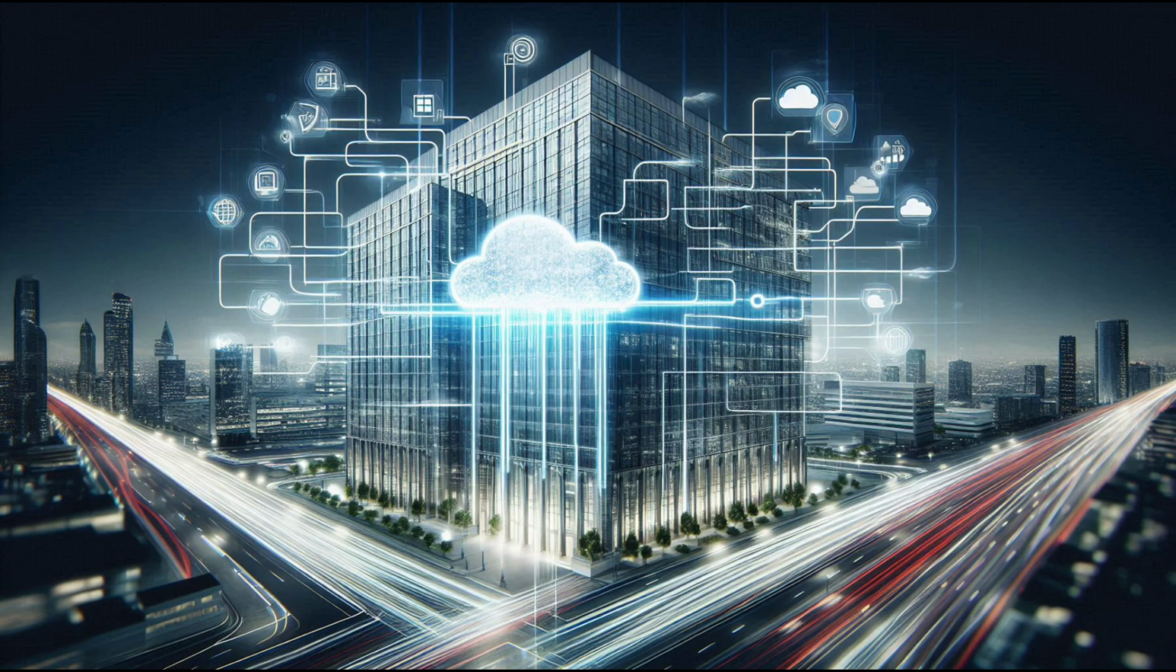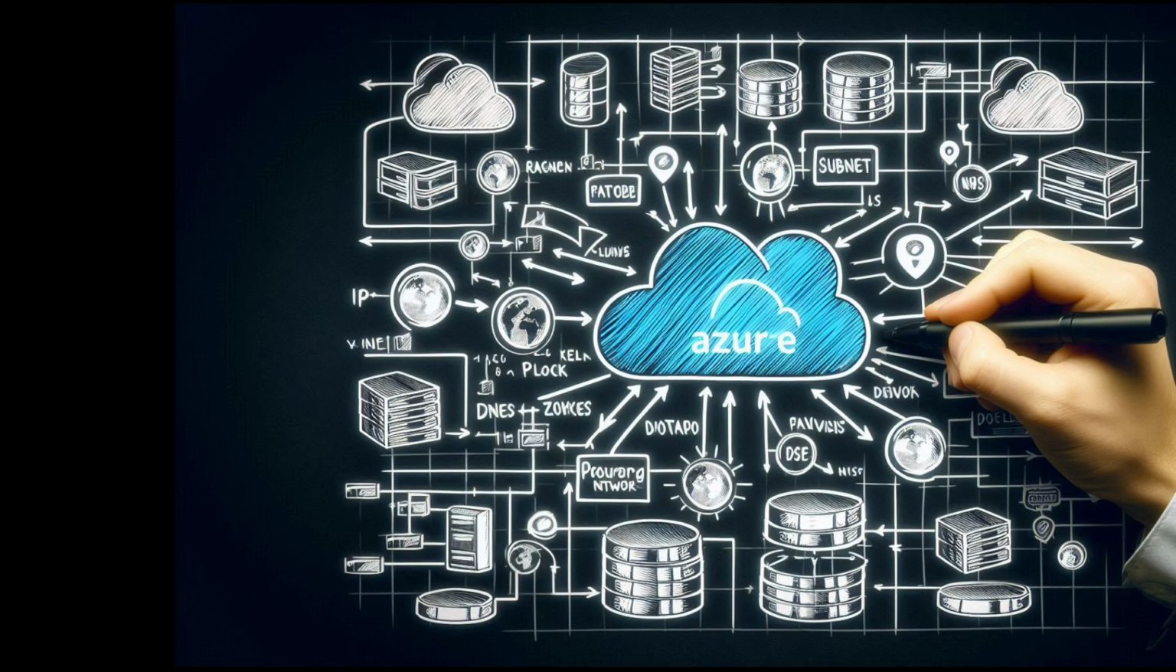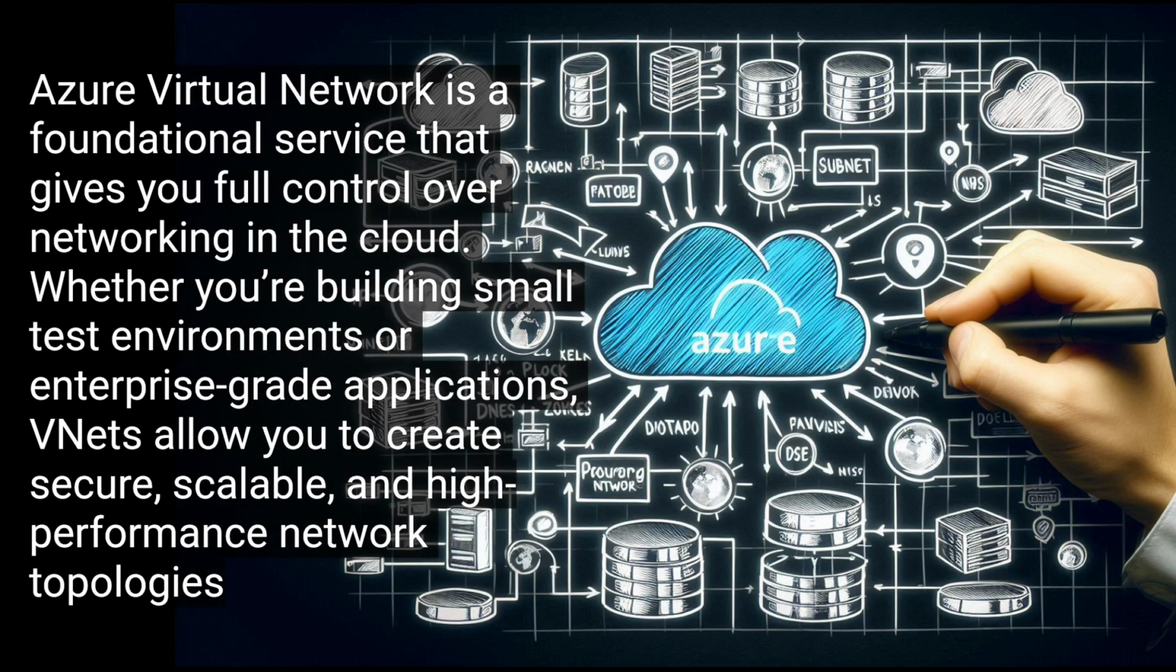Getting started with VNet in the Azure portal. 1. Log into the Azure portal. 2. Go to virtual networks to create. 3. Define name, region. 4. Optional, add DDoS protection or firewall rules. 5. Review and create. Azure Virtual Network is a foundational service that gives you full control over networking in the